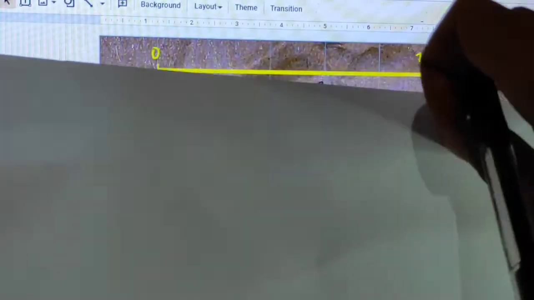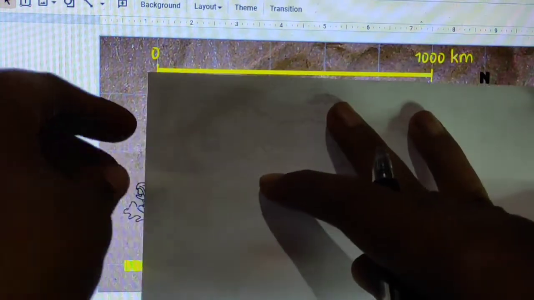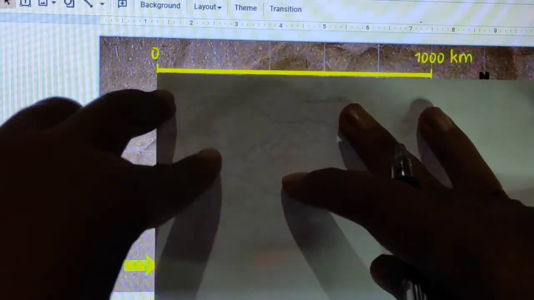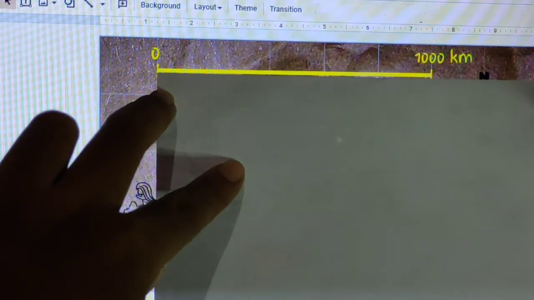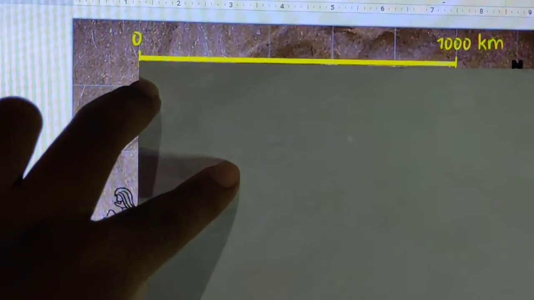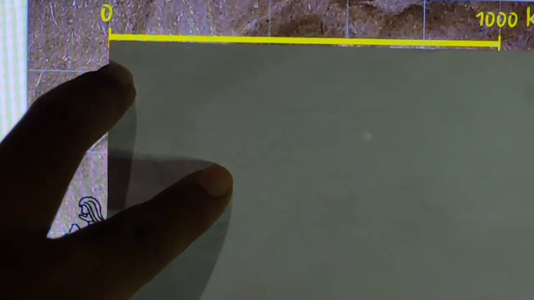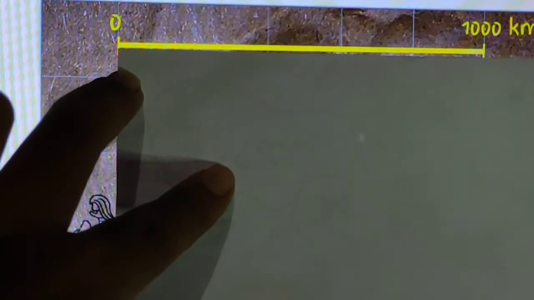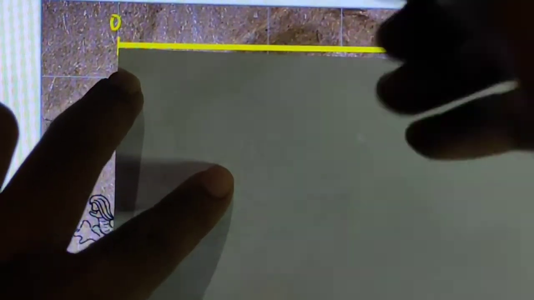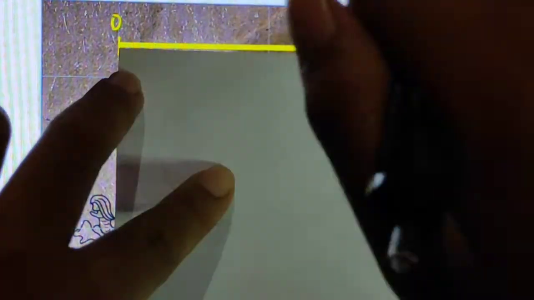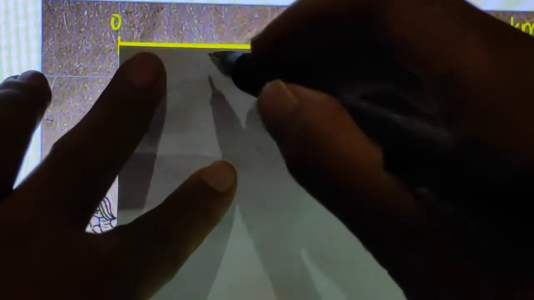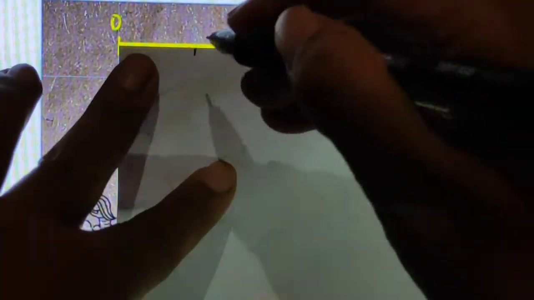Use the corner of the paper here, put it on top of the slides and make a mark on one section. So it will be from here until this one. It will be